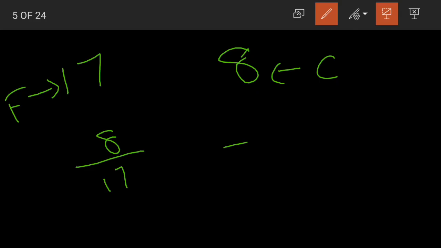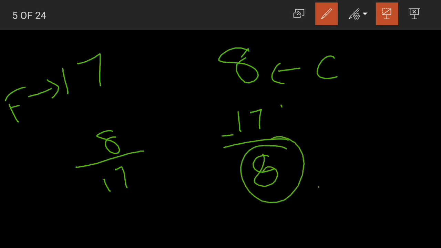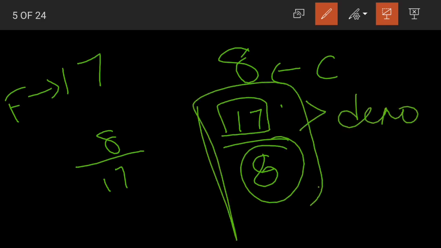Now for an improper fraction, the case is reversed. Father will be on the top and child will be bearing the weight of the father. Is this the correct scenario? So 17 becomes the numerator and 8 is the denominator. Numerator is larger than the denominator. So this scenario here becomes our improper fraction.